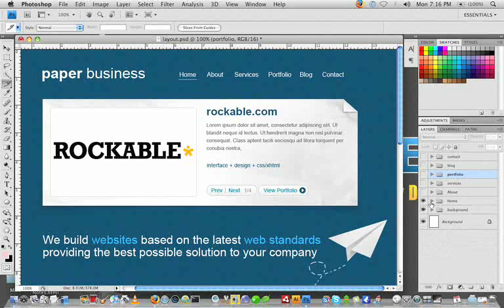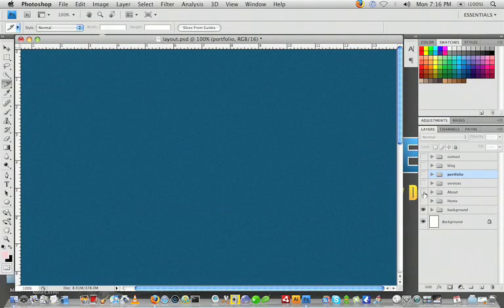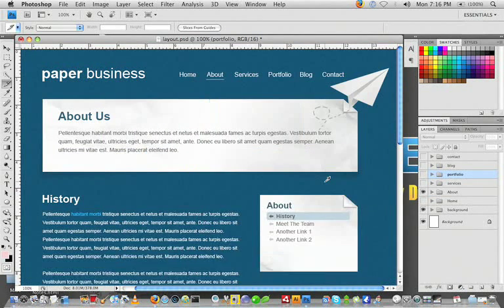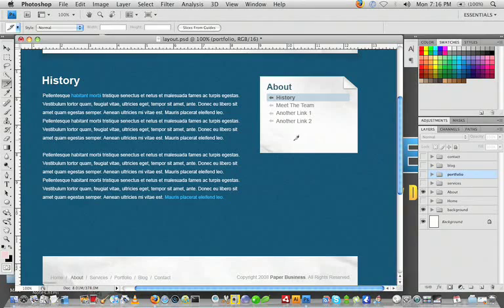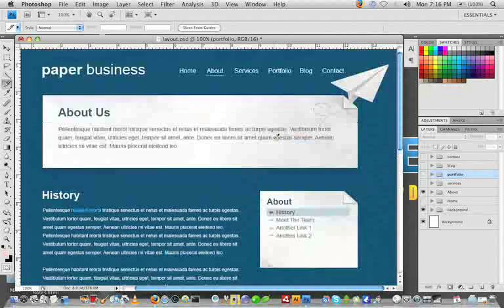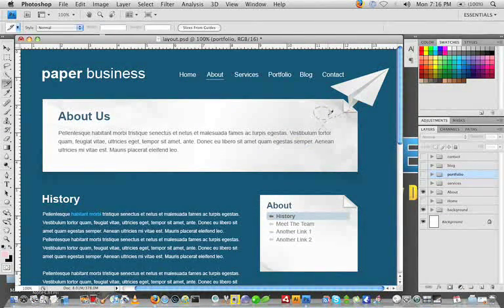We have a few more pages I want to look at, and I won't take you guys through every single mundane page, but I do want to talk about a few more elements of our layout here. So if we hide the home page and we just go to a static page, like an about page, we can see we kind of have the same thing going, except now we have a sidebar we need to grab, a little arrow, and a dark arrow maybe. And we already have our plane, so we'll be able to position that, but we need to take out one of these smaller, featured about us background pages here, which will be on everything but the home page